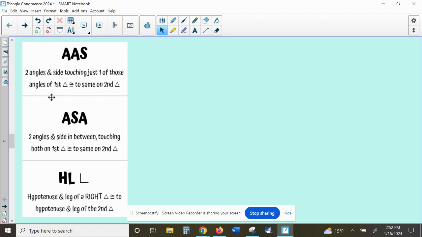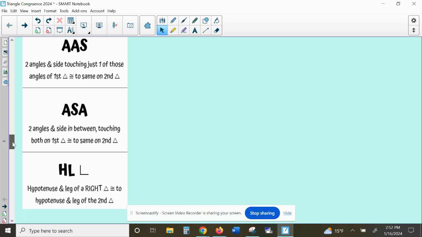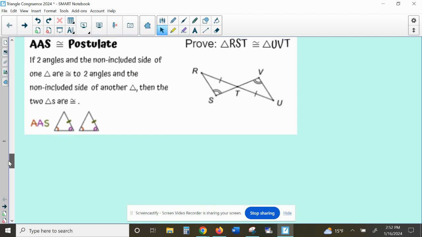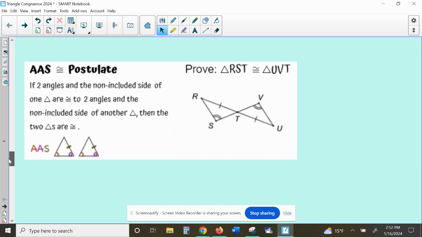And remember the outside, we're going to add some notes in class, but we're just going to do the inside of it right now in the video. So make sure you have some colored pencils. Okay, so the first one we're going to do is the AAS